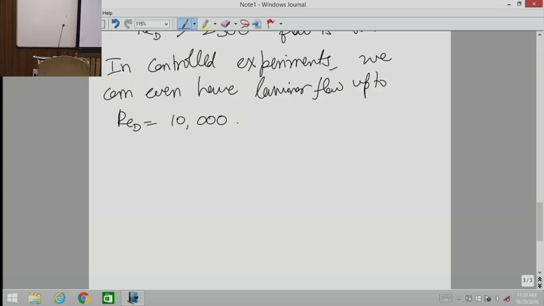But if there's an average of u prime multiplied by another prime quantity, that average will not be 0. So that creates a new type of stress which has later been called Reynolds stress. All that we will leave for the next course. I'm leaving a lot of my job for the next course because here I'm just introducing things. How to tackle turbulence we will see, not in this course, in the next course, or maybe there are separate courses for theories of turbulence which you can take and which are being floated.